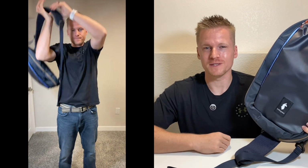You can fit pretty much everything you need for a day trip in this bag, while also looking pretty great while doing so. As far as comfort goes, I felt like this bag was pretty comfortable. You're not going to get the most amount of cushioning in the sling or the back of the bag as you might with some of the other top name brands, but it's still comfortable to wear as an all-day bag,